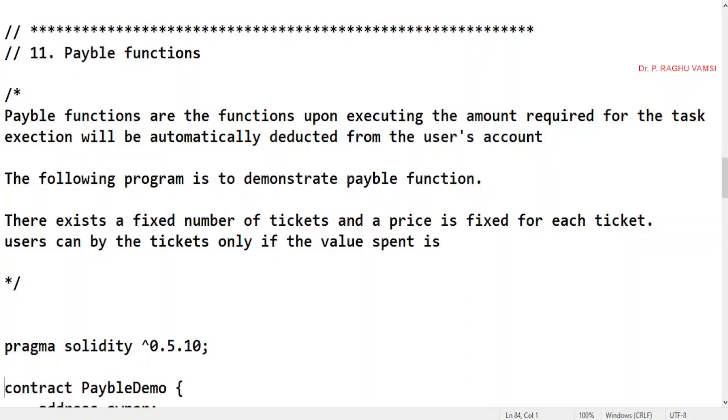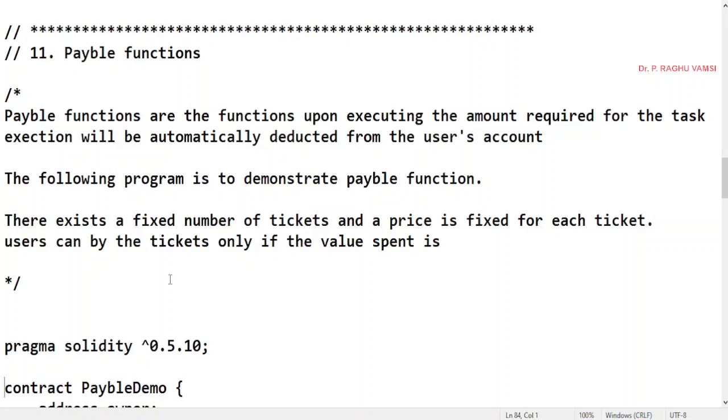But from whose account should that many gas points related ethers be deducted? Whenever you mention a function as payable, if any user executes that function, the related gas points and related ethers will be automatically deducted from the user who initiated the function execution.